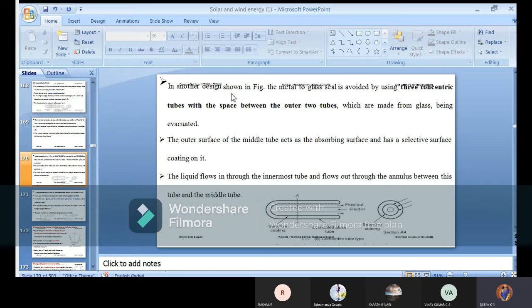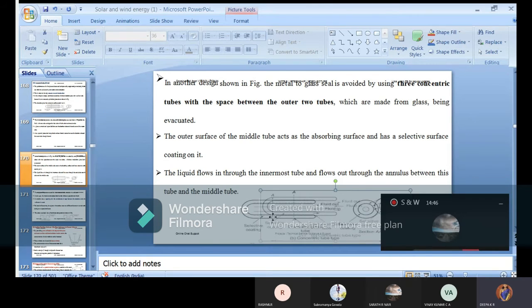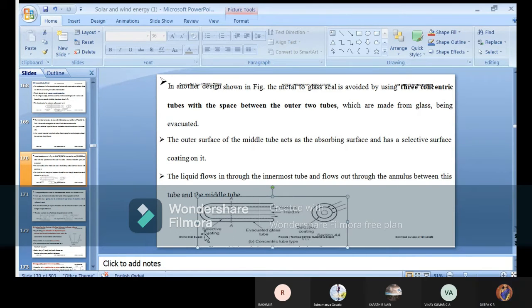Next is another design. We are going for one more design. Hope you can see this picture. Nothing special. It always looks like a U form because you are saying it is an evacuated tube, meaning you are selecting a circular kind itself. Again you can see the outer one is an evacuated glass tube and the mid one. So instead of an extra U connection, the outer side acts as an evacuated glass tube, and the second one is built in, inside the absorber portion, which acts as a selective coating, and in itself you are giving a fluid in and fluid out.